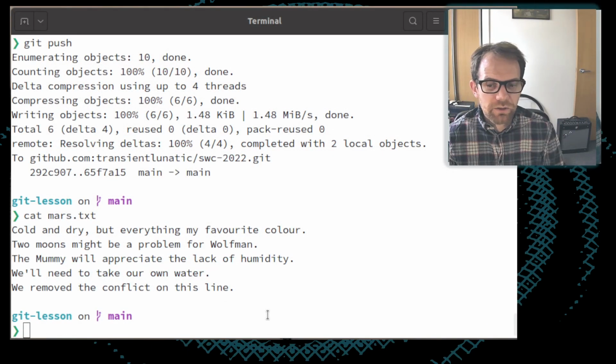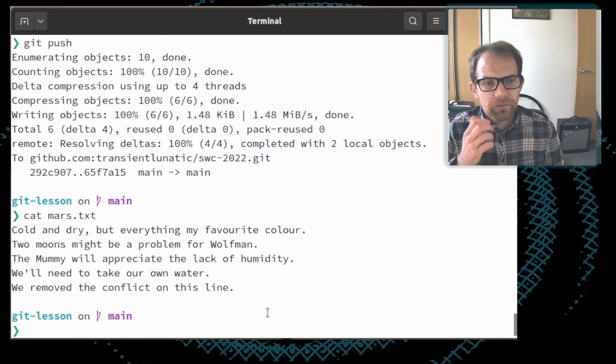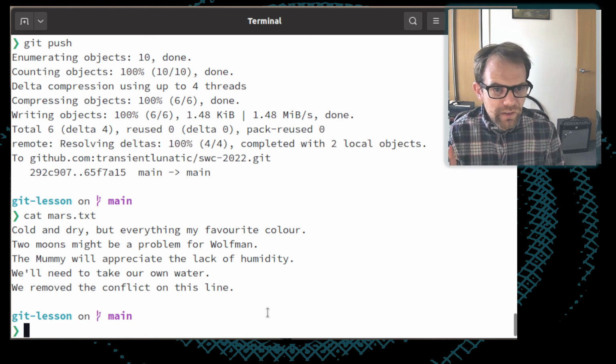So say I've got my Git repository here, and I've decided that these Mars notes need to be completely reformatted. I want to spruce them up so that they look a bit better.